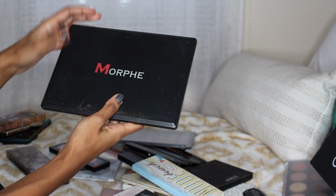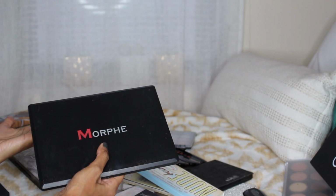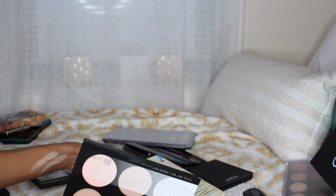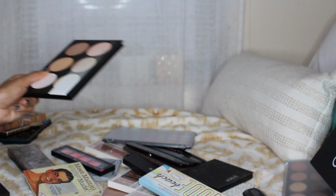Convenient, actually. Morphe palette. This is the 35, I think. Yep, goodie but oldie. Haven't reached for this that much, but the eyeshadows in this one are pretty intense and unique, so I'm keeping it. BH Cosmetics highlighting palette. Another one that I basically just swatched, but I'm going to be adding it to the